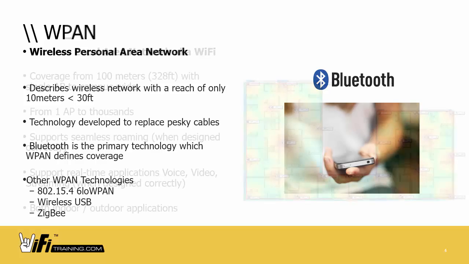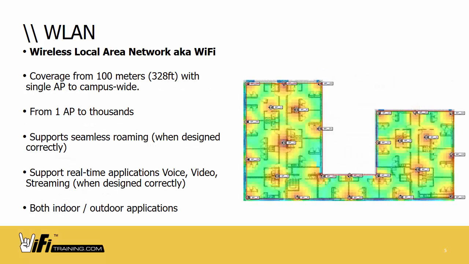All right. So let's take a look at this WLAN. That's what we're talking about. With wireless LANs, we've got coverage of 100 meters, about 328 feet, with a single AP, or we can scale that by using multiple APs and overlapping some of the cells, but on different channels. We'll talk about channel usage and all that later, but essentially, we want to blanket the area with Wi-Fi coverage so that users can seamlessly roam anywhere in a building. And again, Wi-Fi can scale to thousands and thousands of APs, and even outdoor wireless and citywide mesh, which we'll talk about in a moment.